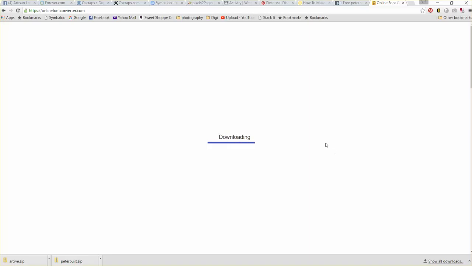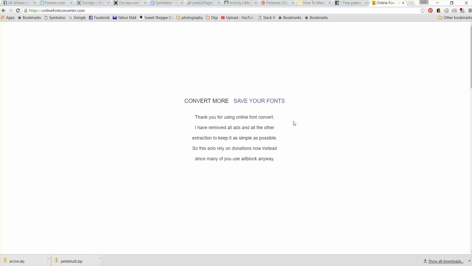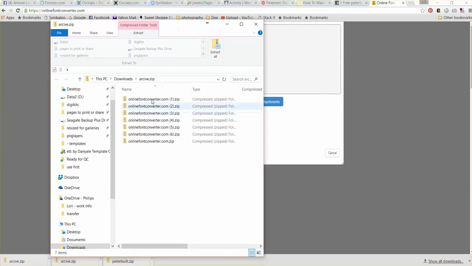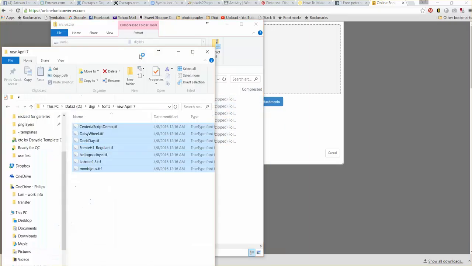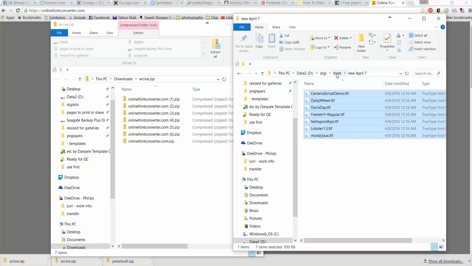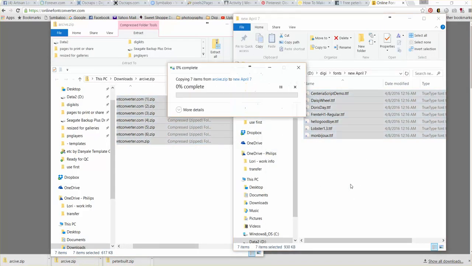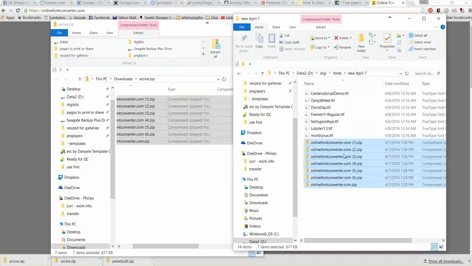Now once you do that, it's going to convert, and then you have to click Save Your Fonts, Download All Attachments. Okay, so it gives it this funny misspelled archive name. So if I click on that, I have all of these folders right here. So what I do next, now you can see this is fonts and it says new April 7th. I did these earlier so that I wouldn't have so many to do. What I do is I grab all of those, I drag them over, and once those are there, I right